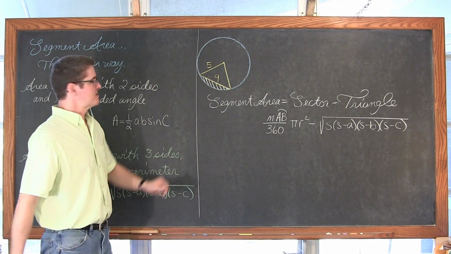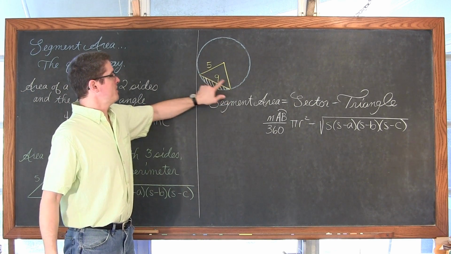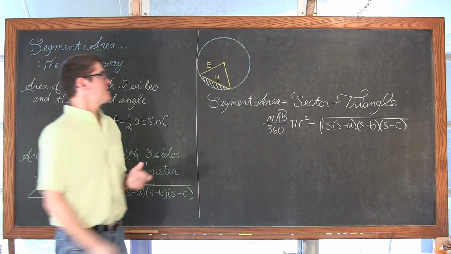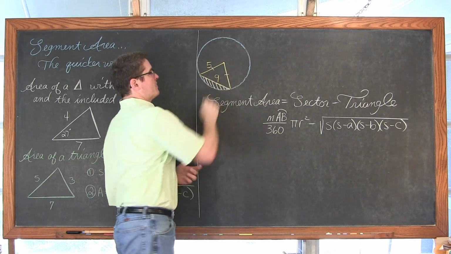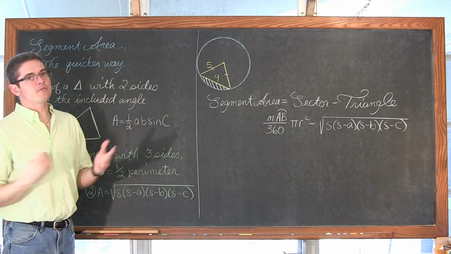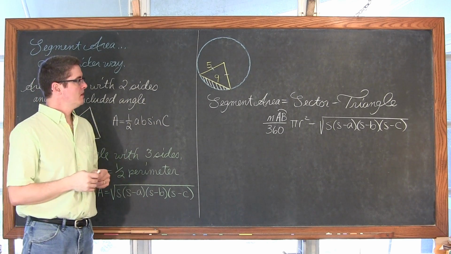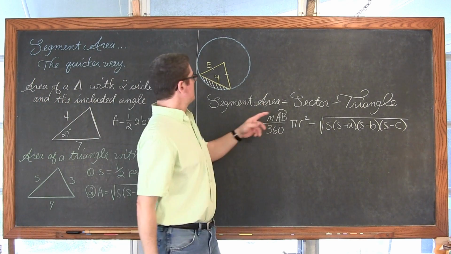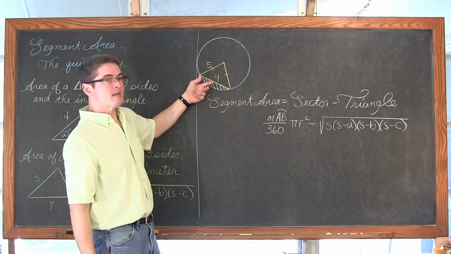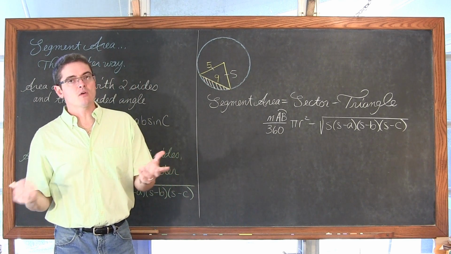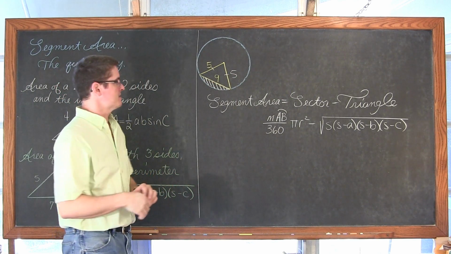A chord is a segment in a circle whose endpoints are on the circle itself. And again, this is going to be an isosceles triangle because these are both radii and their lengths, therefore, are going to be equal. And I want to find the area of this segment. If this side is 5 and this side is 9, we of course automatically know the opposite side is 5, and we have a triangle where we know all 3 sides.